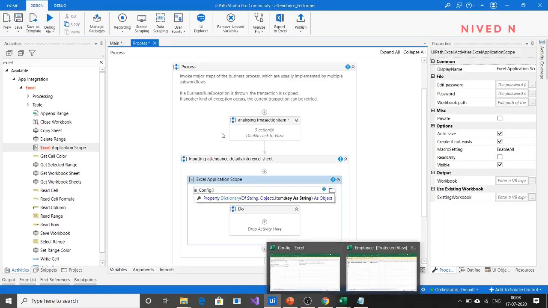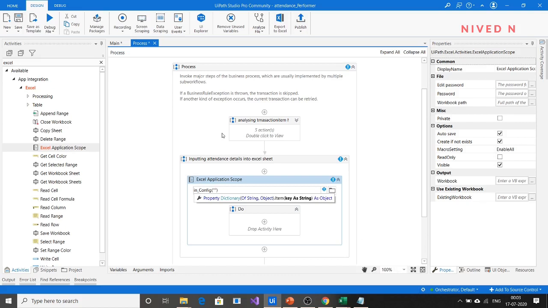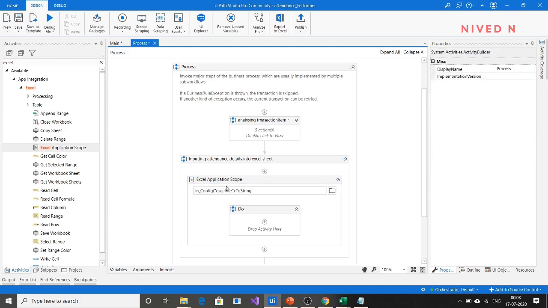Key is Excel file. Since the output of this in config dictionary is an object, you have to convert it to string, dot to string. Okay, so now what we have to do here?